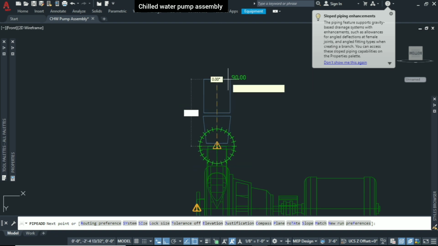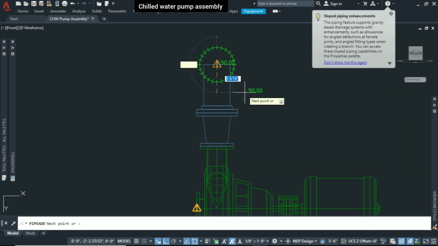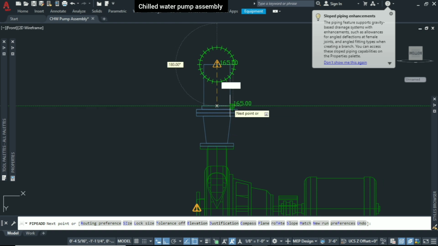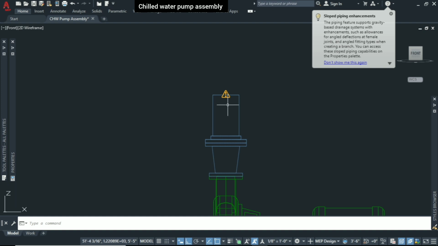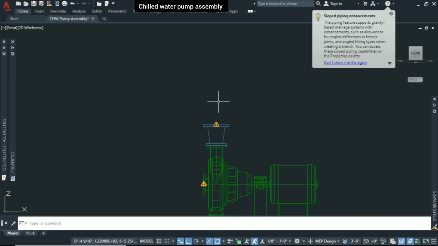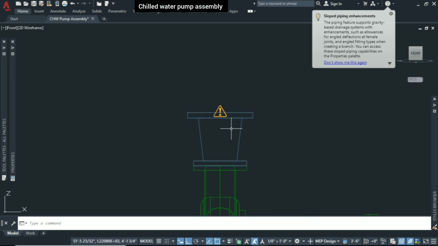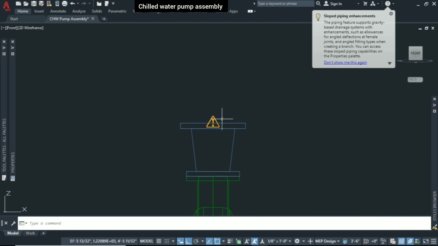And after that, for the pipe, just click on the place somewhere, and then again it will go to the parts, and we have to select a flange, because we have all the piping flange connection piping. So we have to click OK. Reducer and the flange is added over here. So just press spacebar to close the command, and this pipe we are going to delete. So just select this pipe and press delete button. It will close, it will clear. And then what we have to do, and here after the reducer, directly we are going to install the rubber bellow, our expansion joint.